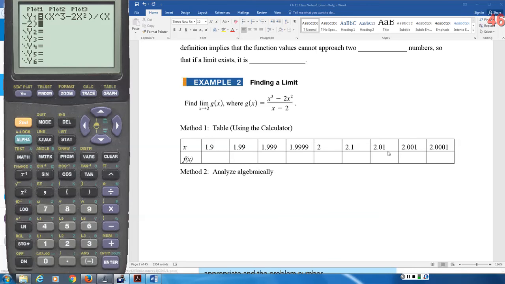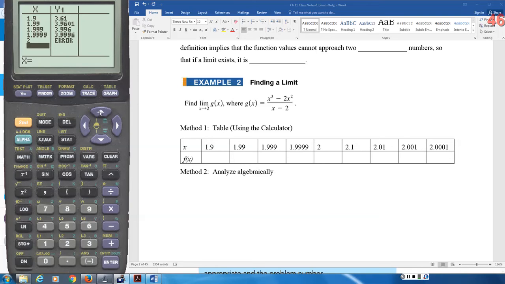And then when I get ready to finish building my table of values over here, I go to the second table, and I start entering in my numbers. 1.9, 1.99, 1.999, 1.9999, and then if I actually enter in 2, because that's what's next in my table,